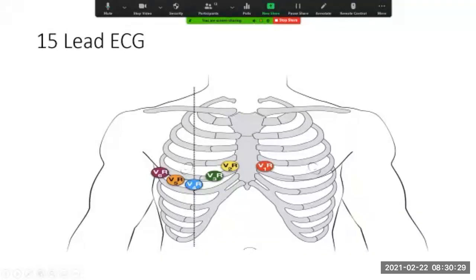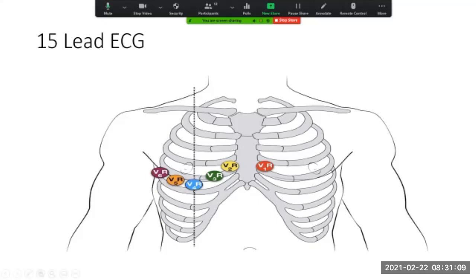So we said now that we have a right-sided MI. How do we confirm it? The way that we confirm it is by doing something called, sorry, it's not a 15-lead ECG, it's an 18-lead ECG. You guys have done ECGs before. Normally what we do, we put V1, V2, V3, V4, V5, V6. The reason why we do that is we want to look at the left side of the heart because that's where most of the damage has happened. Now in this case, we are suspecting that something may have happened on the right-hand side as well. So the only thing that we do is switch the leads around, and we put them in the exact same order, but on the right side of the chest.